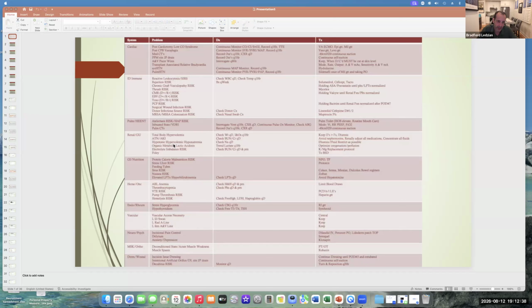Same thing with Foleys, right? All a Foley is, once people are up and around and mobile, it's an infection risk. Get rid of it as soon as possible. But again, you need to ask that question intelligently. It's not just one concern. It's not just about the infection risk. For guys, they can have BPH and difficulty with urination, right? They may be on Flomax normally. You want to make sure that those things are in place before you take the Foley out.